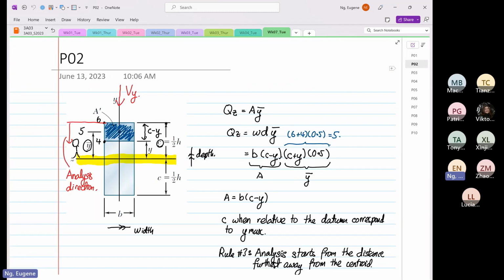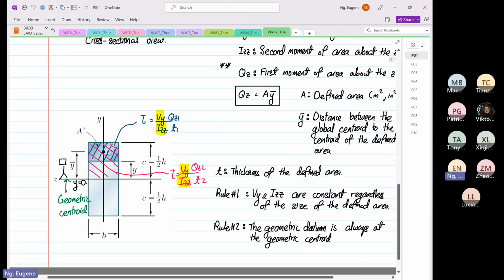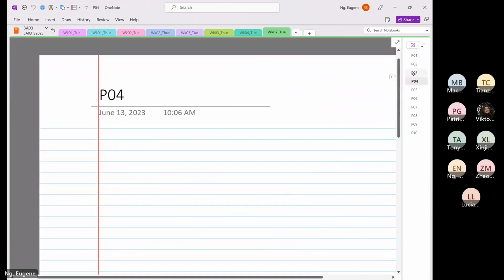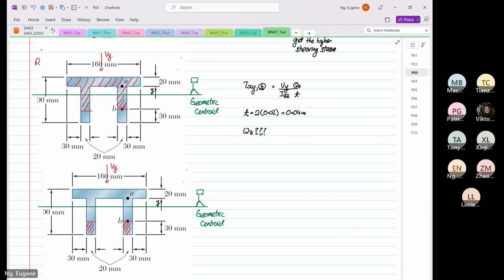We have broken the rule that the first moment of area, so if we use the top one, we have broken rule number 4. Okay, we break rule number 4. Why? The first moment of area cannot cross the what? Centroid. But the analysis is still okay. We still obey the rule that the analysis